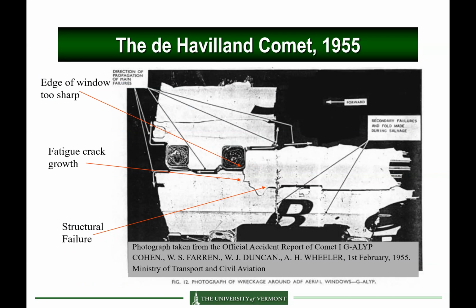Another example in aerospace, so the De Havilland Comet in 1955. They designed windows with sharp edges. So actually this accident imposed a change in the way we design windows in aircraft for commercial application in particular, where you can see from the corner the initiation of a crack,